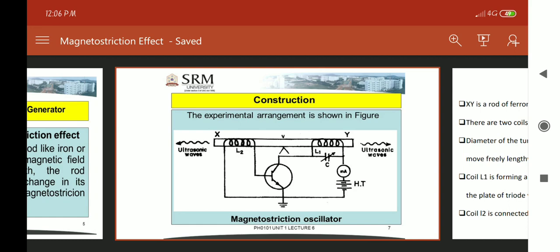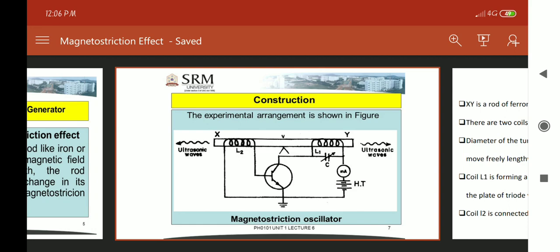There are two coils L1 and L2 wound on that rod XY. The diameter of the turns of the coils is greater than the diameter of the rod, and due to this reason, the rod XY can move freely lengthwise.